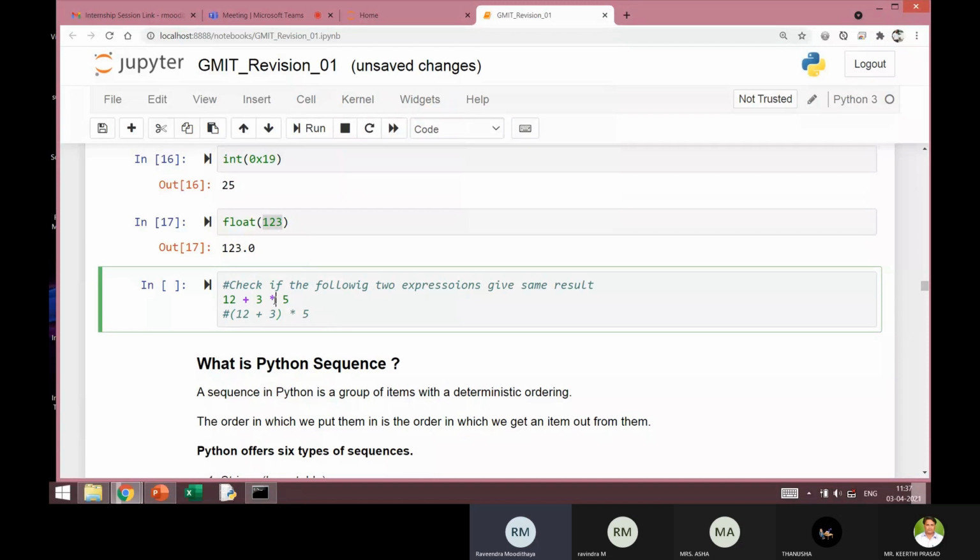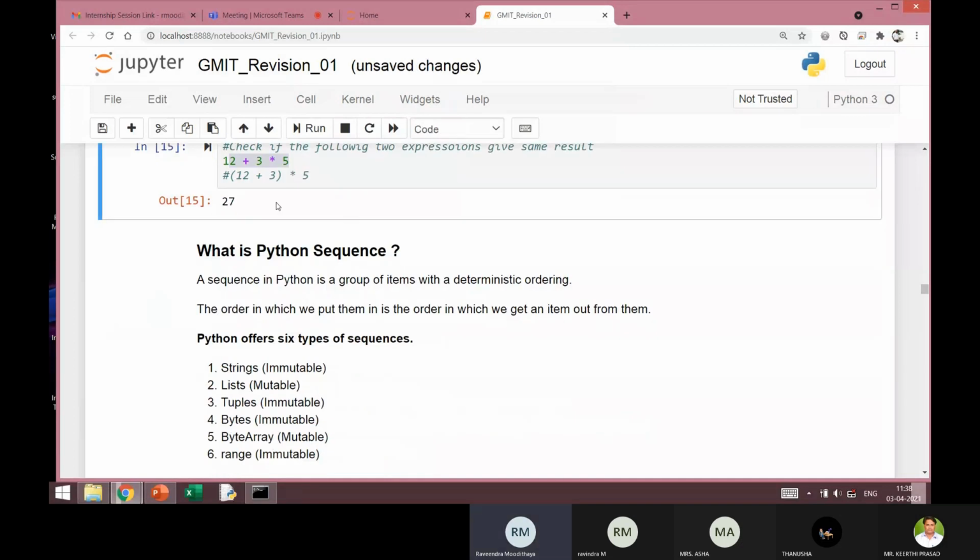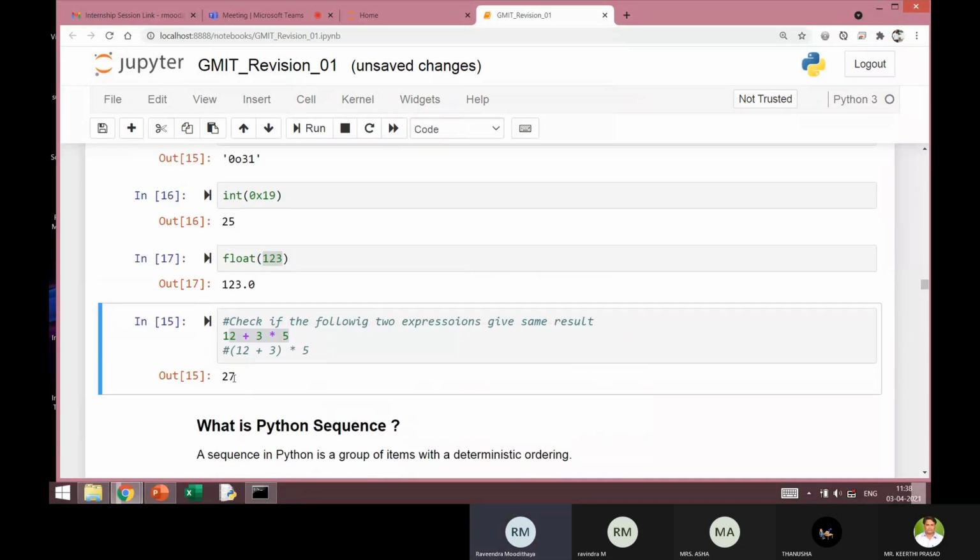Multiplication has a higher precedence than plus. So first 3 into 5 is executed, then 15 plus 12. The answer will be 27 in this case. If I execute this, you can see the output is 27. This is 12 plus 3 into 5, where I don't put any brackets.